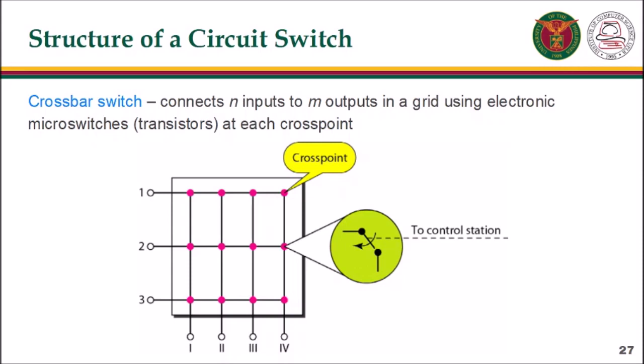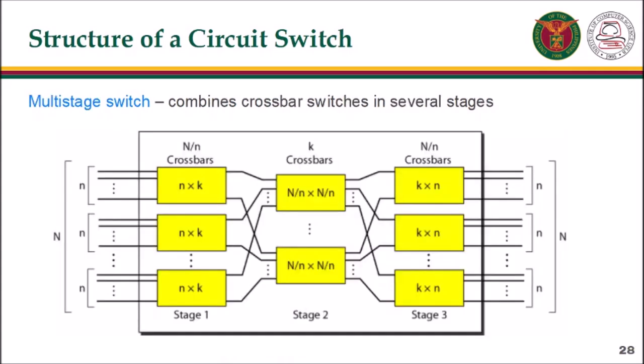A crossbar switch connects N inputs to M outputs in a grid using electronic microswitches at each crosspoint. The major limitation of this design is the number of crosspoints required. To connect N inputs to M outputs using a crossbar switch requires N times M crosspoints. For example, to connect 1000 inputs to 1000 outputs requires a switch with 1 million crosspoints. This is impractical. The solution to the limitations of the crossbar switch is a multi-stage switch, which combines crossbar switches